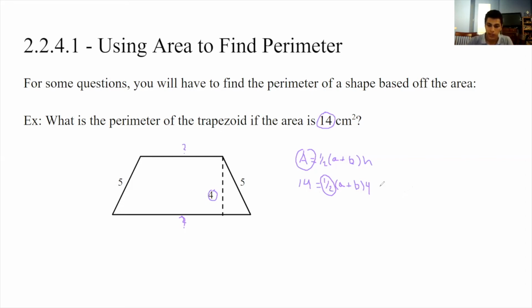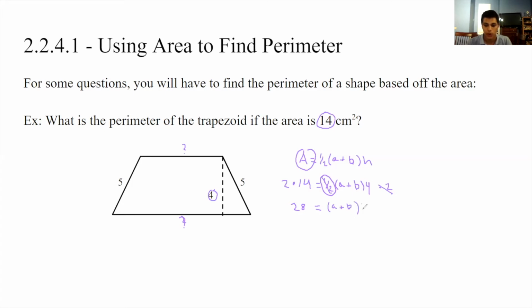So if I multiply this side by 2, and then multiply this side by 2, remember this dot means multiplication, this leaves me with 28. And then that's going to be equal to 1/2 times 2, which is 1, because they cancel each other out. So 28 equals (A plus B)